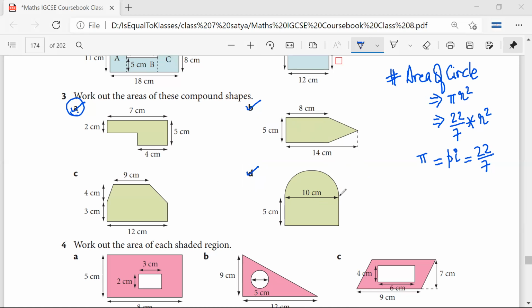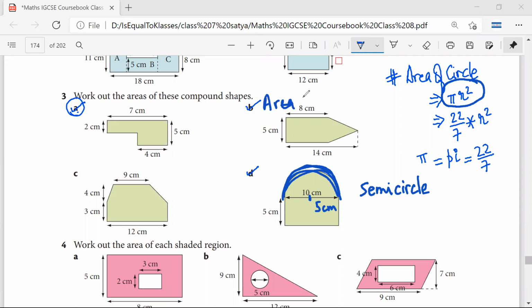Okay. This curved part is half of a circle. Have you understood? Yes. This is actually a semicircle. The semicircle has a radius of 5 centimeters. Satya, have you understood? Yes. Now the area of a full circle is pi r square. Therefore, the area of a semicircle, Satya, would be